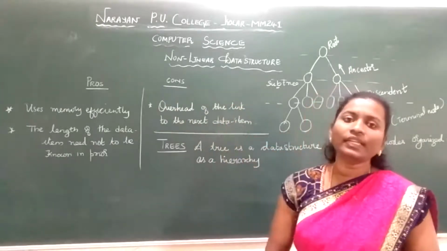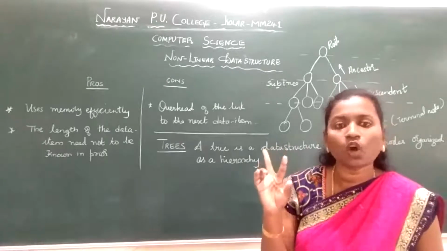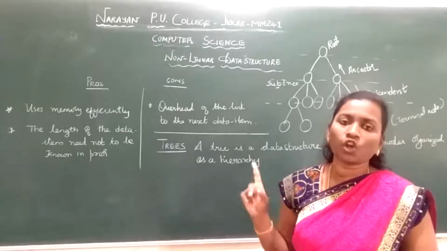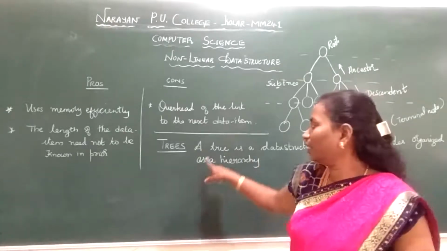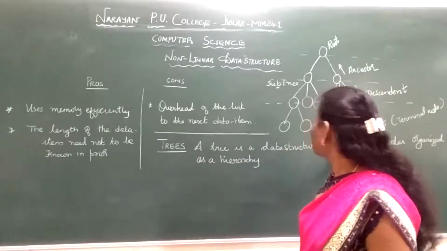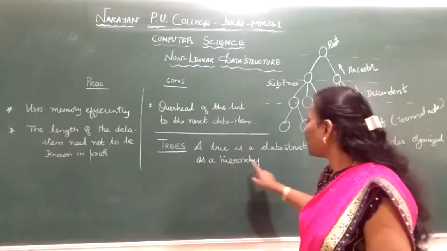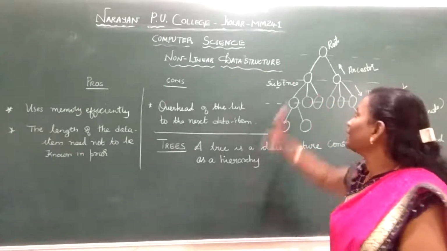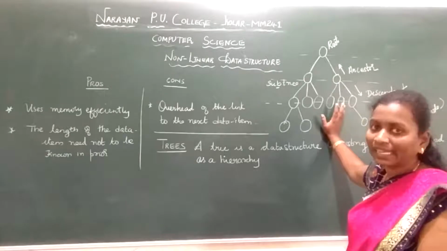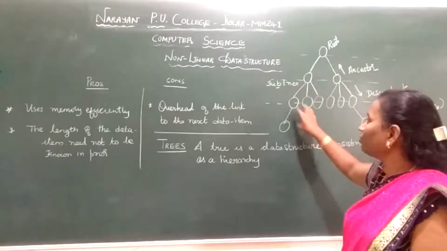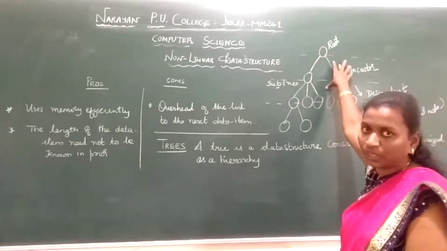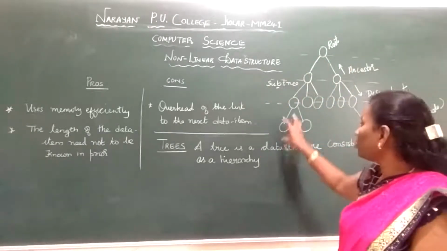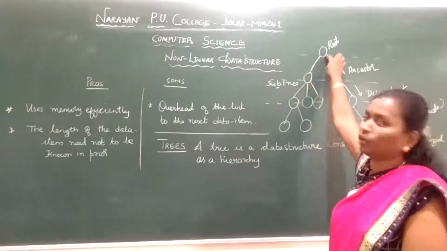So that is about the advantages and disadvantages of a non-linear data structure. Now, I said there are two non-linear data structures, trees and graphs. First we'll see trees. A tree is a data structure consisting of nodes organized in a hierarchy, and it is also a non-linear data structure. I call each data item here a node. Just as in a linked list we call the link field and the data info part a node, here also we call each data element a node.